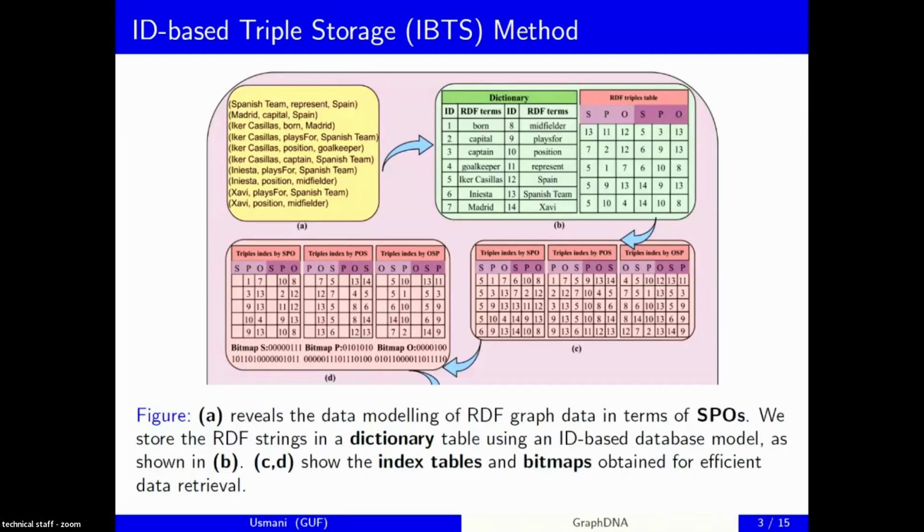The first one is the dictionary, and the second one is the triple table. The dictionary contains all the unique string labels in the graph, and the triple table holds the corresponding IDs from the dictionary. To speed up the retrieval mechanism, we have replicated the triple table thrice,